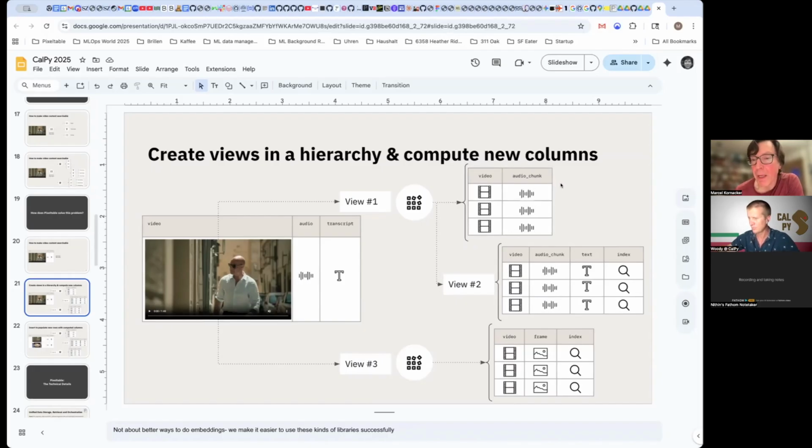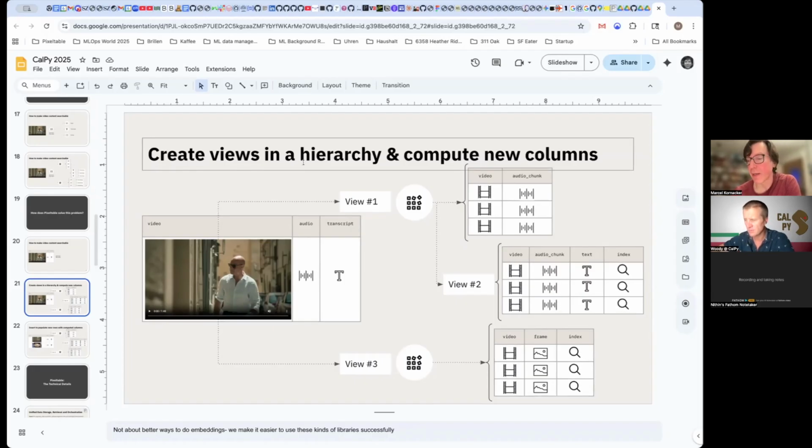The first one creates chunks out of the full audio that was extracted from the video. The second one then transcribes the chunks and adds an index on the transcript. And the third view gets the frames out of the video and then also puts an index on the frames. So this is a high level overview of how you would solve that pipeline problem in Pixeltable.